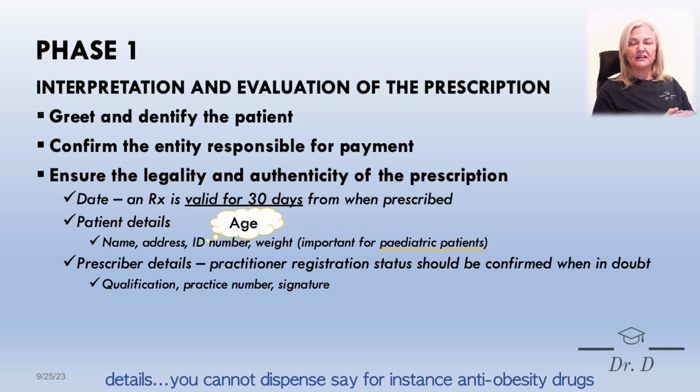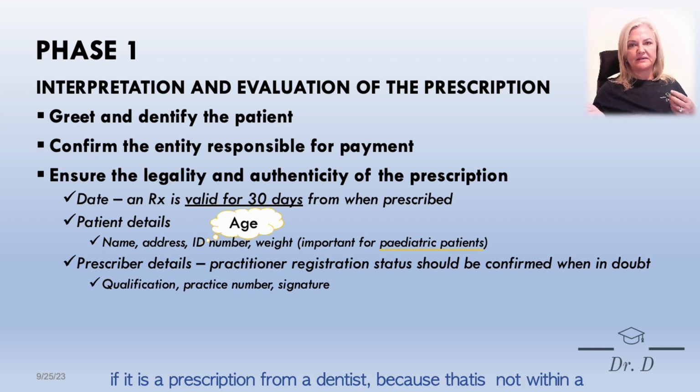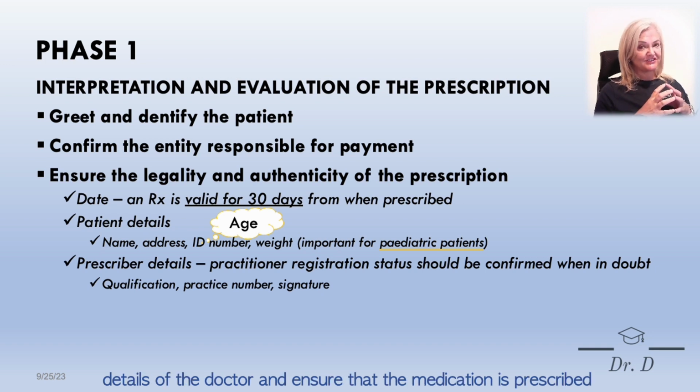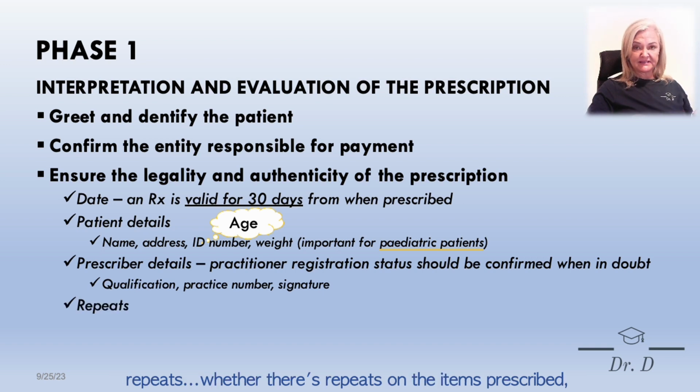And yes, you cannot dispense, say for instance, anti-obesity drugs if it is a prescription from a dentist, because that's not within a dentist's scope of practice. So you have to check the registration details of the doctor and ensure that the medication is prescribed within that doctor's scope of practice. And you also will confirm the repeats, whether there are repeats on the items prescribed,